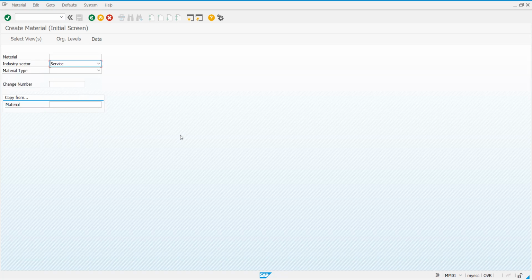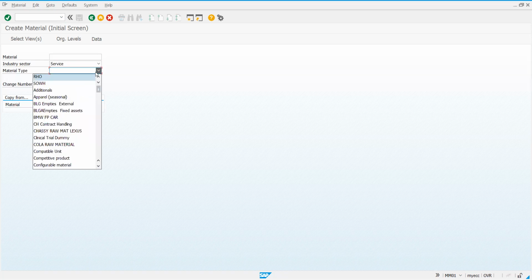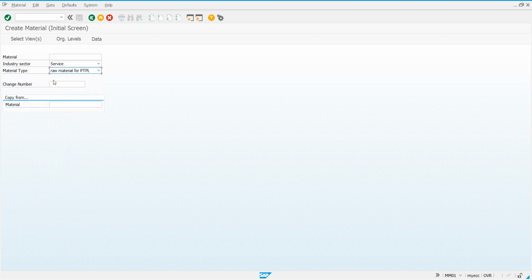As of now, I have taken industry sector, the one what we had defined, service, and material type. What is that? Raw material for PTPL. Raw material for PTPL. Isn't it? So material type. So are you able to connect with what we had done, configurations and how it is appearing here, reflecting here?